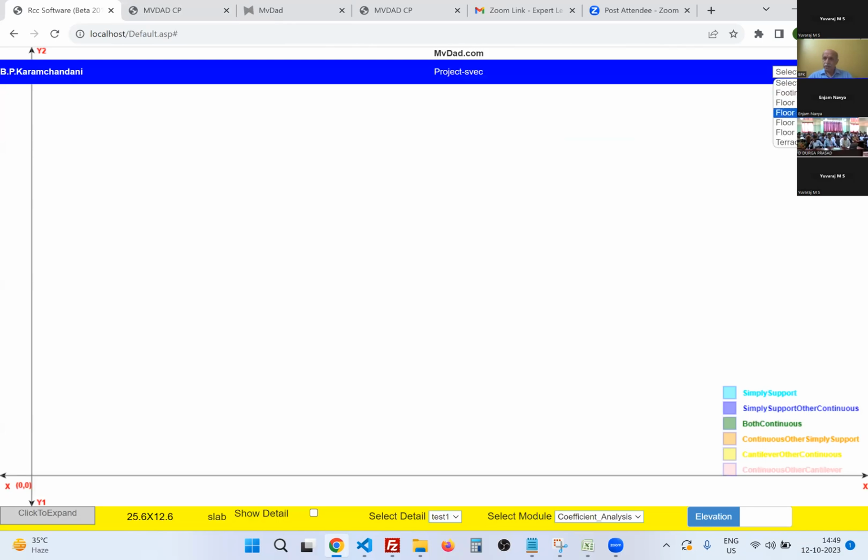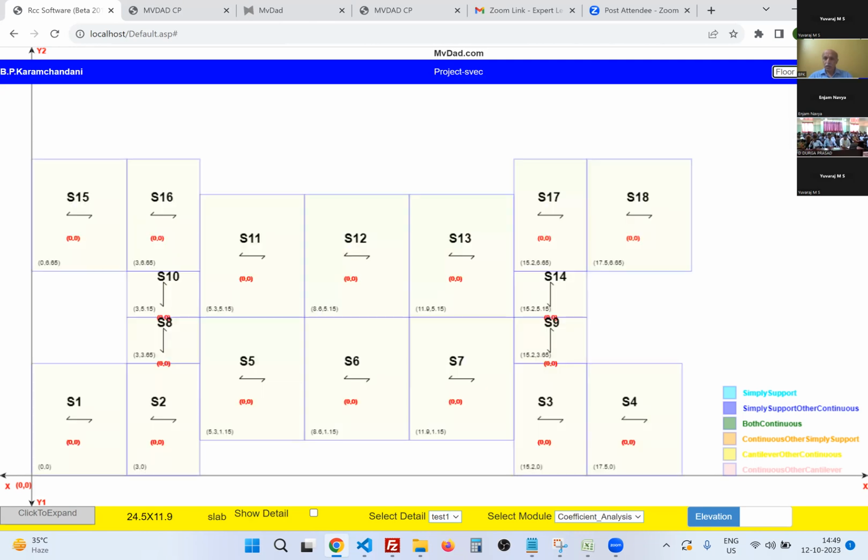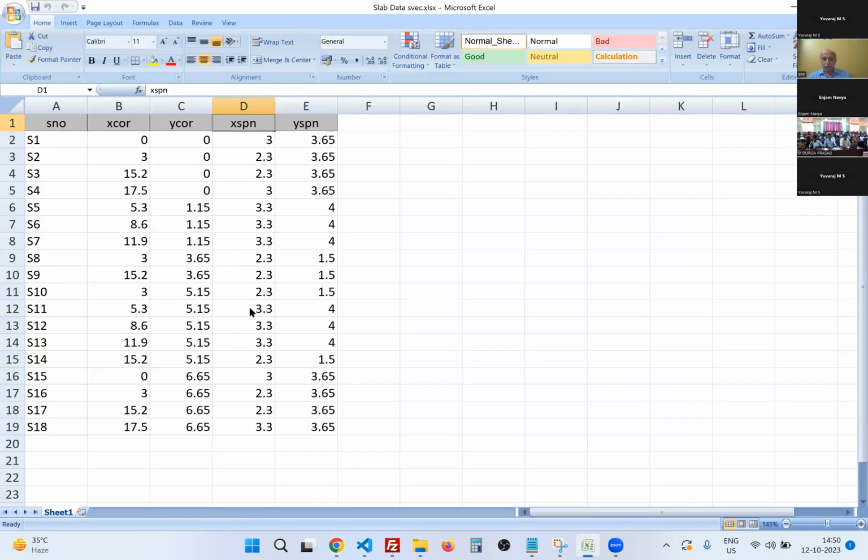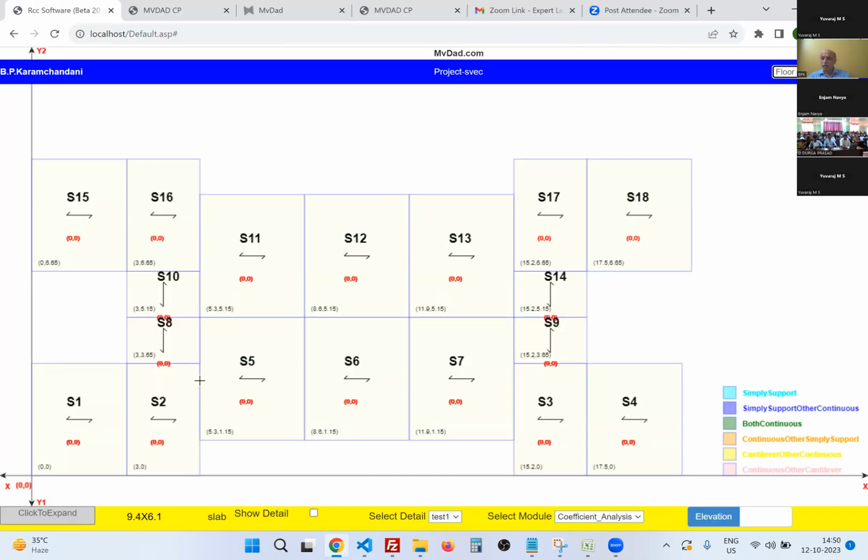We'll select the first floor. All the data is converted. That means 18 slabs, which we have made in the tabular format, all they are converted in the graphic format. Another option is